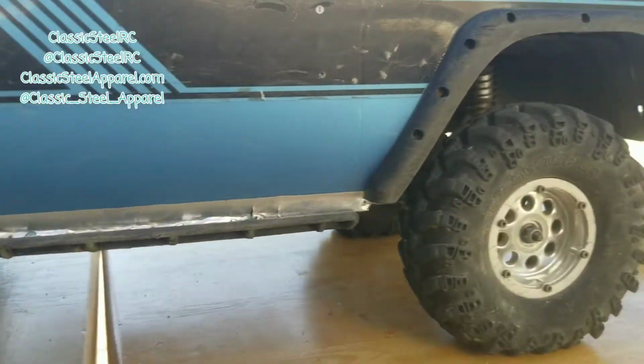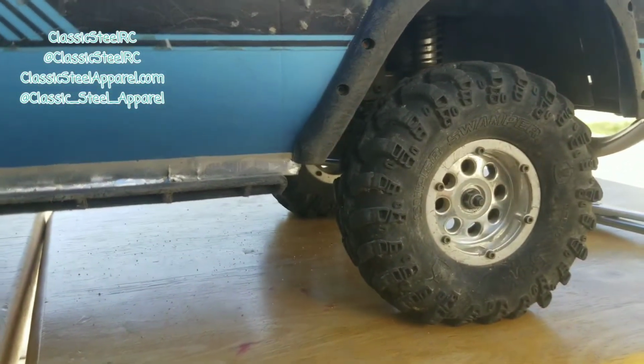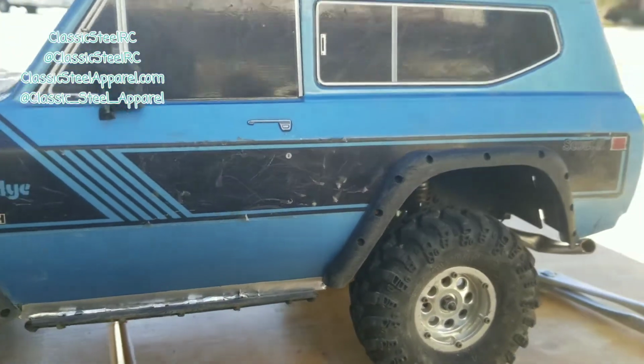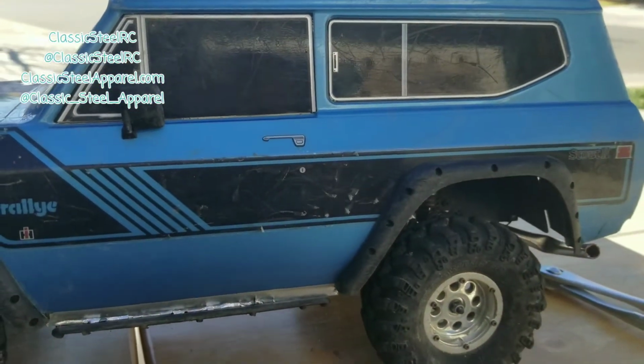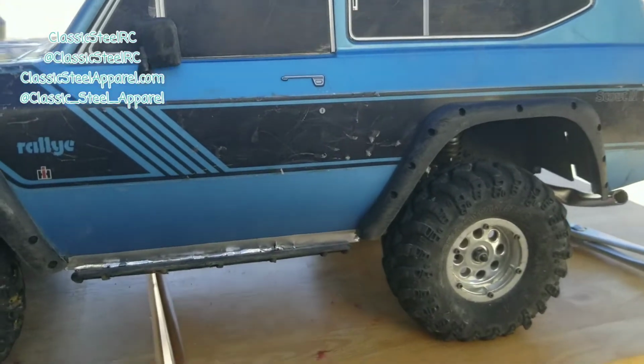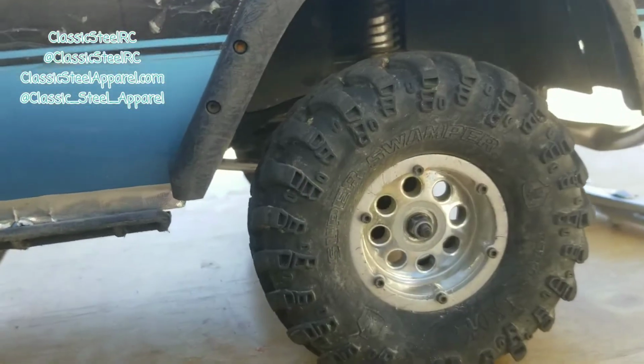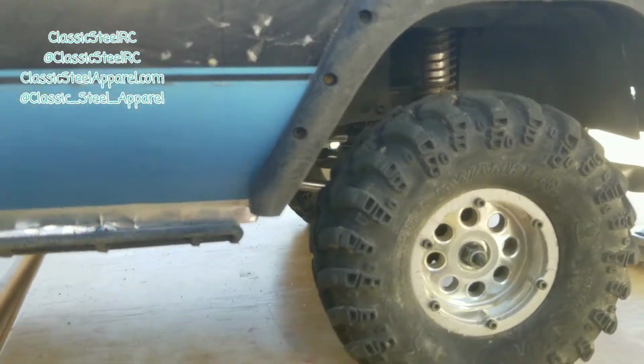I can't believe I've been completely forgetting about this, but I've been needing to weigh down these wheels for a while. I've been focusing on my other RCs and I never weighed these down. So I got some wheel weights. Ordered them from Amazon. I actually got real